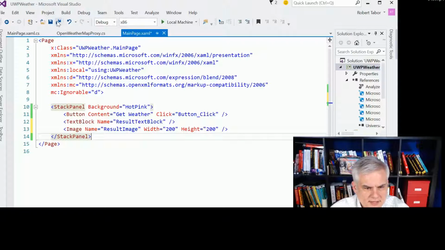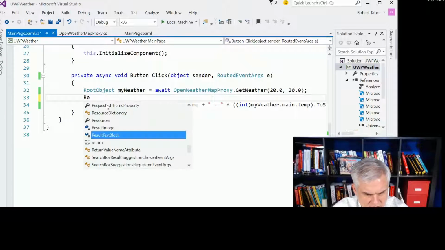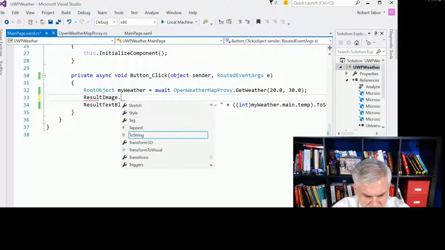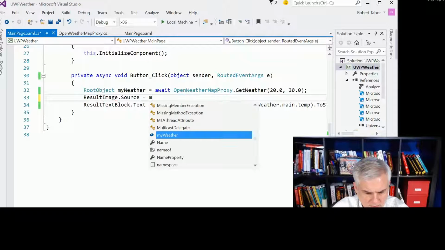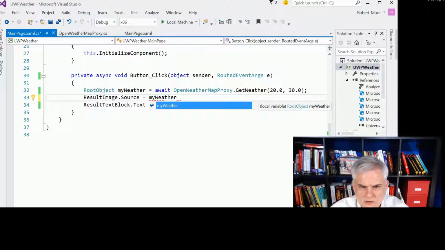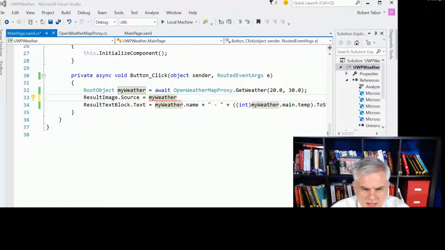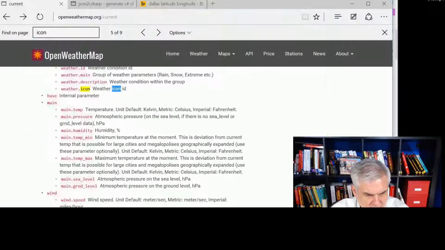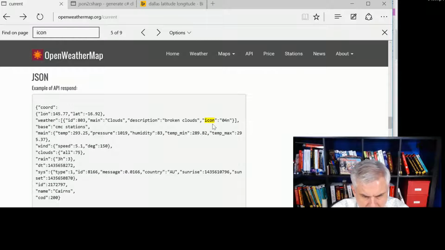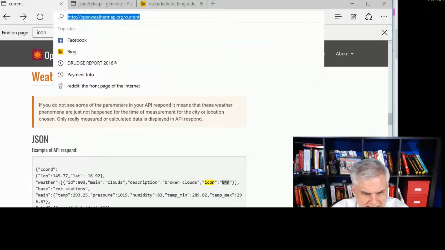And then what we'll do inside of here is set the result image dot source equal to my weather, and I think in order to get this to work, I'm going to have to act on this a little bit. I don't think it's going to give me back the data that it gives us back. If you take a look at this, as an example, it gives us just 04N as the icon. And if we take a look at this URL,